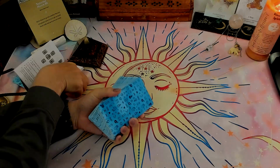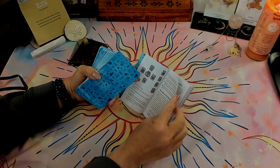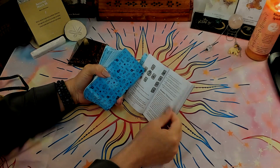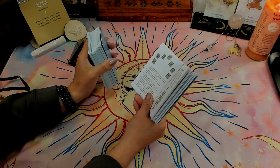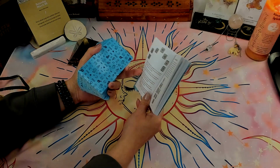This is going to look at, before we start shuffling, the past and how it has led to the question or problem at hand, the present, an overview of the situation at hand or the problem in question, hidden influences, obstacles, outside influences, the solution and outcome. Okay, so we'll do a sample reading for